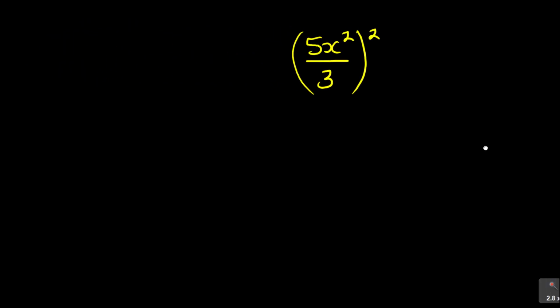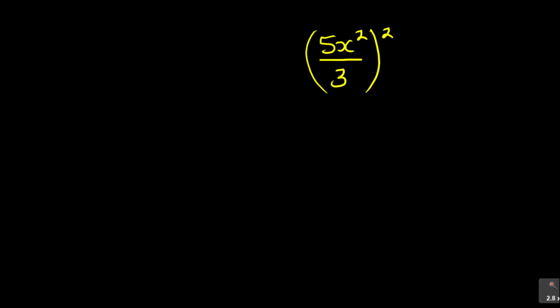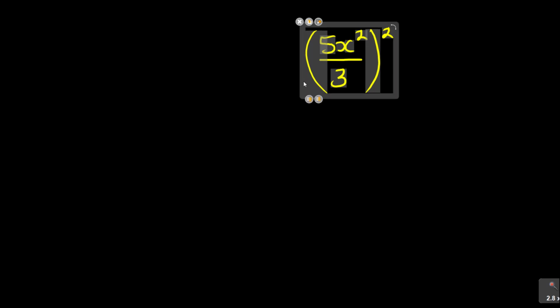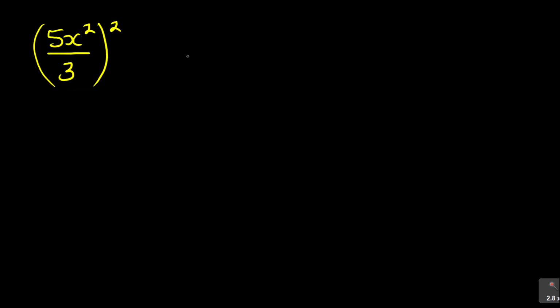What am I given here? I'm given, this is 1.1.1, 5x squared over 3, I hope this is not hurting your eyes, to the power 2. Look at this. This is what I'm given, and I'm supposed to use the exponential laws to simplify this. Let's do this so that there is not much light there. If you are given this and you are expected to simplify using the laws of exponents,